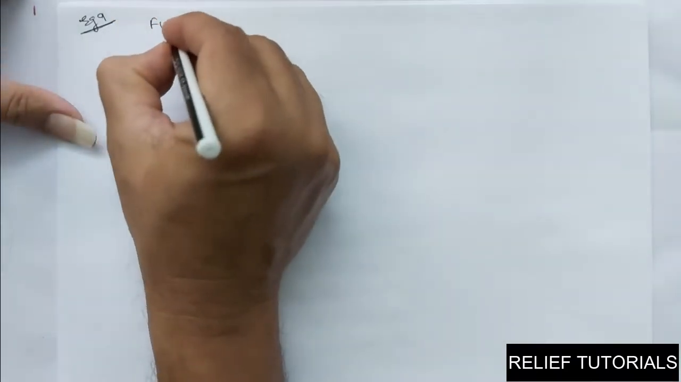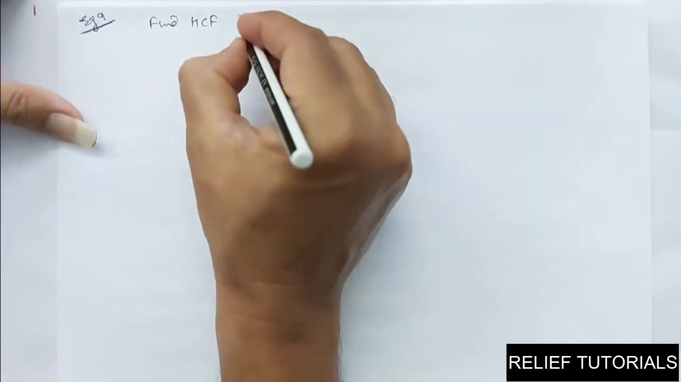Rest of the example, just please go through it. I am doing all the typical extra examples, remaining examples. If you go through it, you will be able to understand. Now, example 9: find the HCF. Find the HCF of